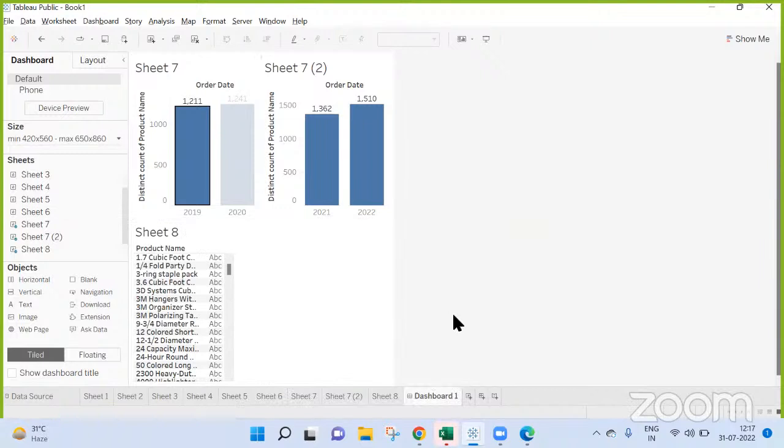Yeah. Suppose in this Superstore we have created this bar graph using exact date, and we create one parameter, last N day selection, and your date should be the latest date of data. Again, not clear.